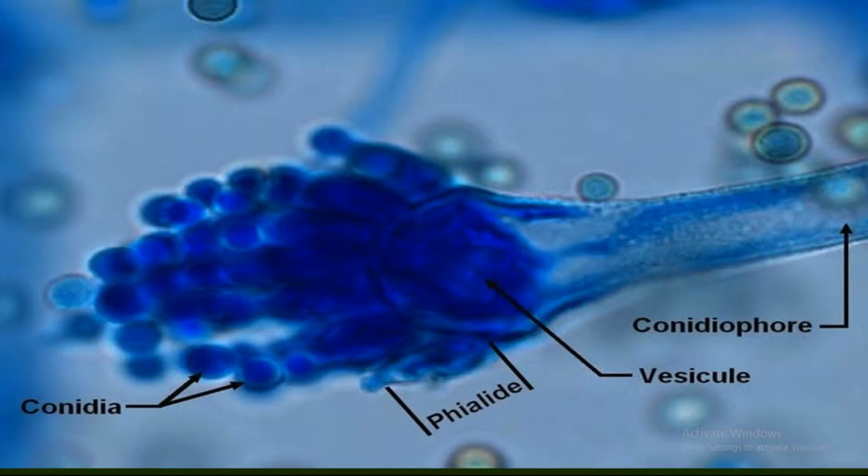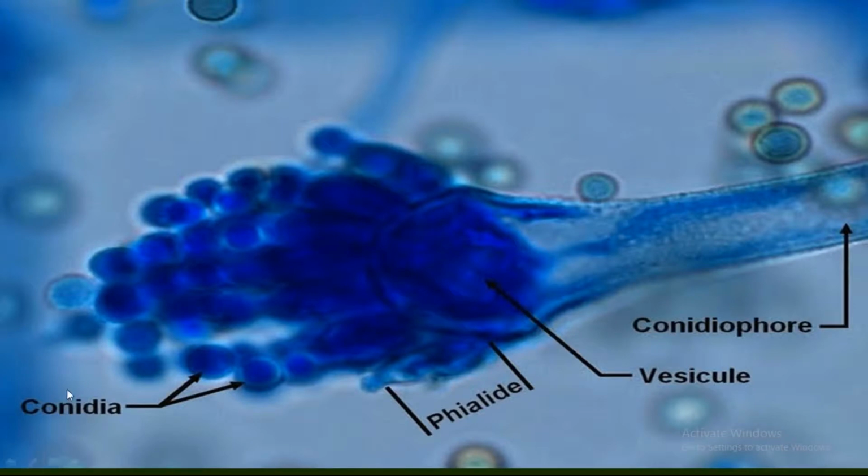We put one drop of this lactophenol cotton blue, and from the colonies, whether it is Aspergillus or any other hyphal form, we take a little bit of it on the tip of a sterile needle. Then we use another sterile needle to tease it, that is, we spread it onto a particular place on the slide, and then we put a cover slip